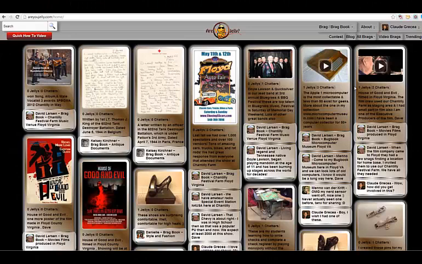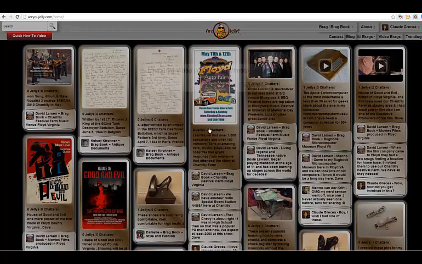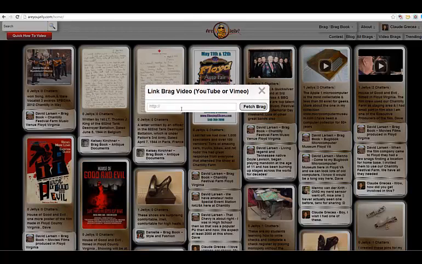Today I'm going to show you how to link a YouTube video or a Vimeo video to Are You Jelly. What you want to do is go up here to the brag button or brag book, click it, and then you'll be presented with a window of 3 options. Go to the middle option and click that. You'll be presented with the window now where it says to link to the URL of the YouTube or